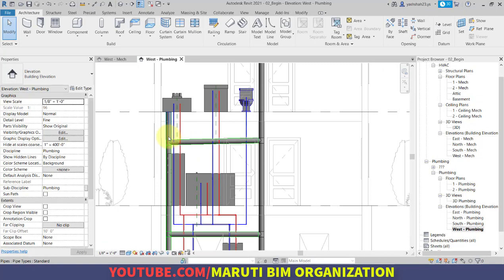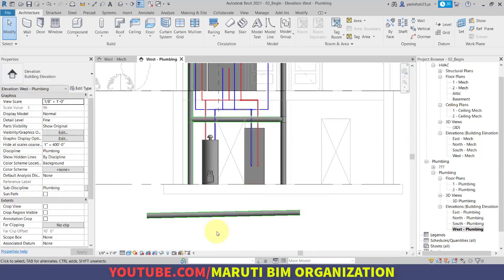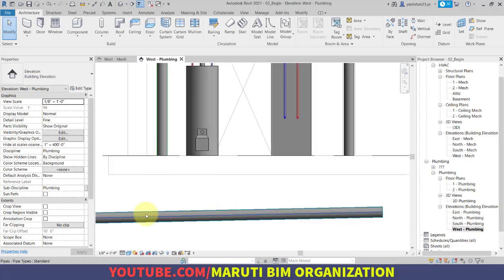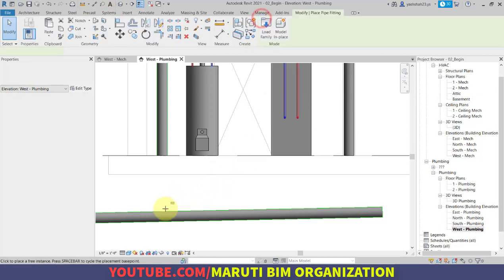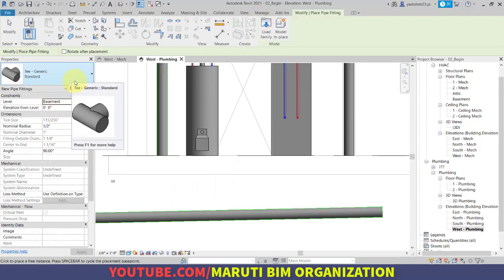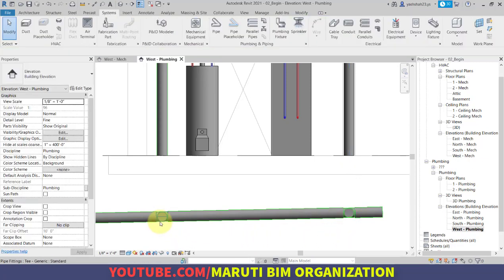So in the previous session, we have placed or connected these two fittings. Now we will connect these remaining fittings. I will go to the Systems tab, and here there is the option of pipe fitting, and we will use the standard T and place one connection here and another connection somewhere about here. Now, as you can see, the connection is not proper.